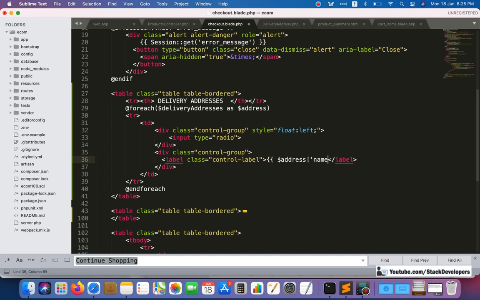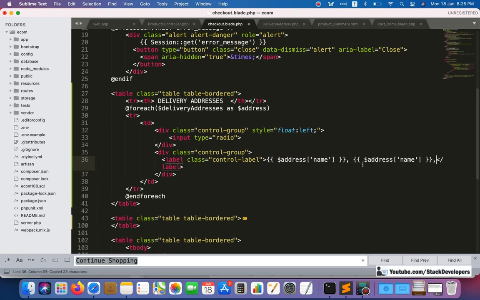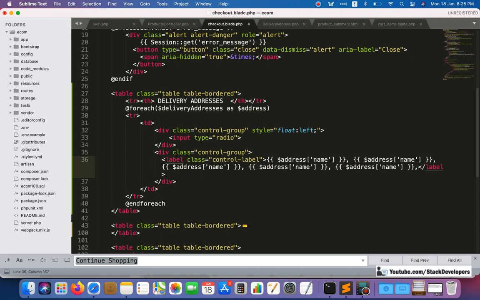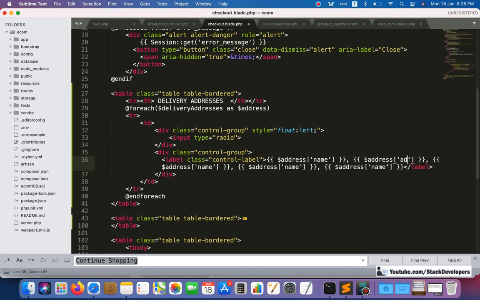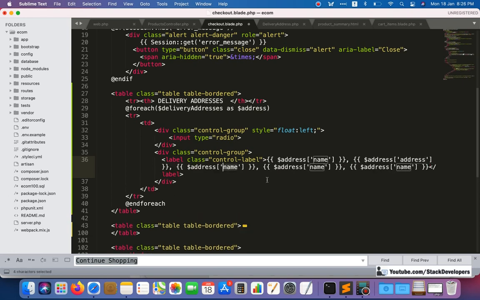First thing is the name, and now we can simply show other things as well: first name, then address, then city, then state, then country. We can show this part, and now we can check once, and let's see.